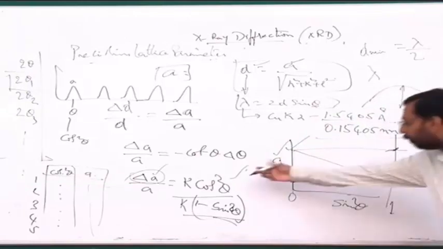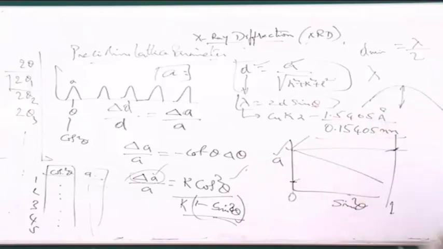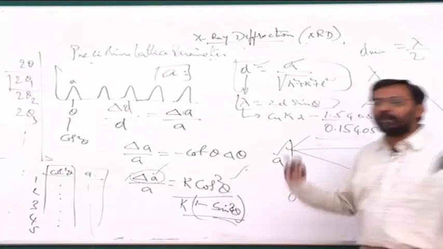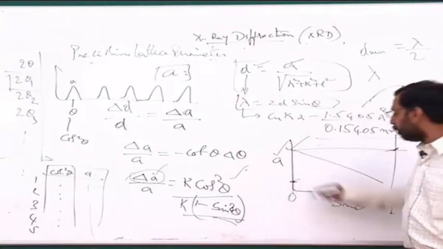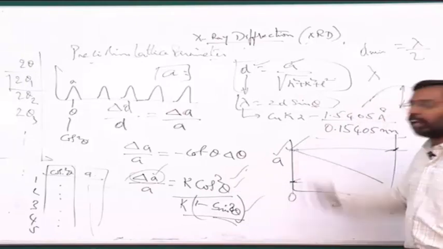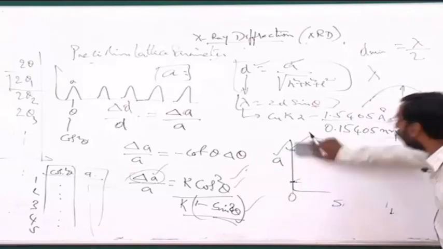Okay, so if you are plotting with this or with this, there will be a reverse tendency, because the lattice parameter is the same, whether you use this or this. For a material, the lattice parameter is the same. If I use this, I get one lattice parameter. If I use this, I get another lattice parameter. You should not get that. You should always get only one lattice parameter. So this is another technique that we use.